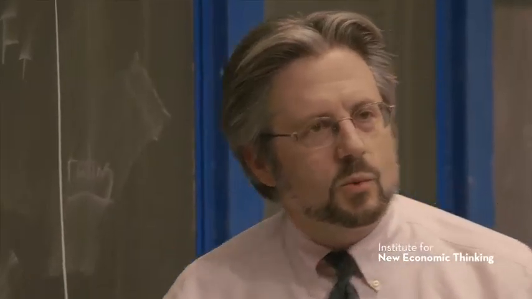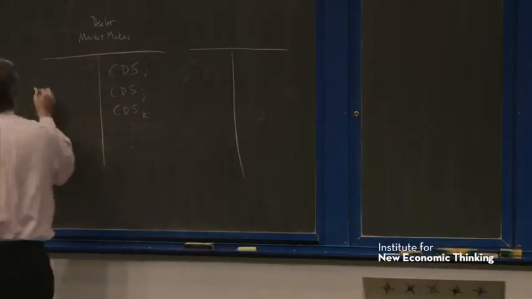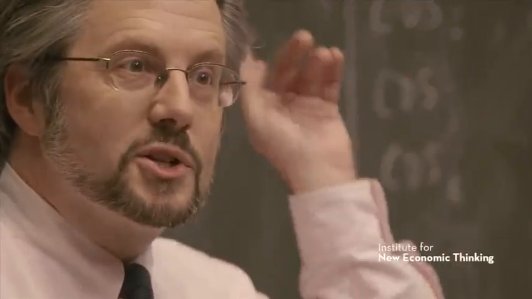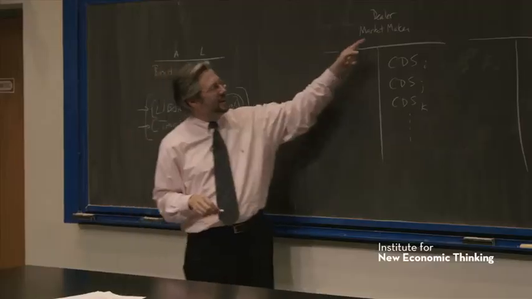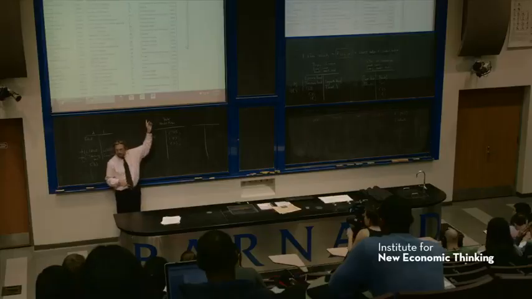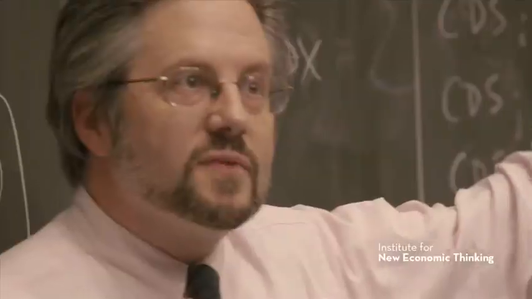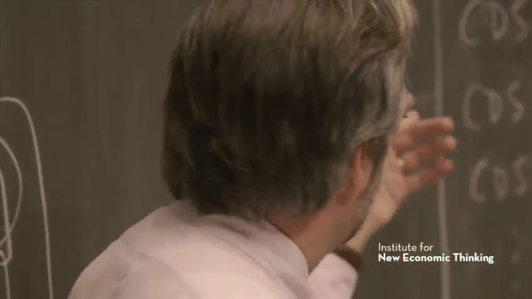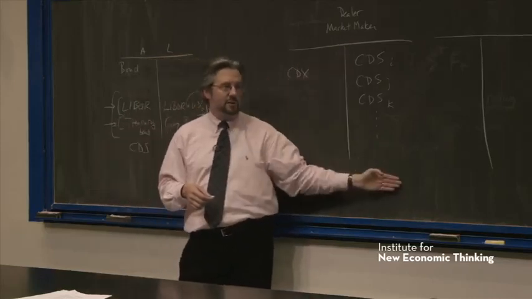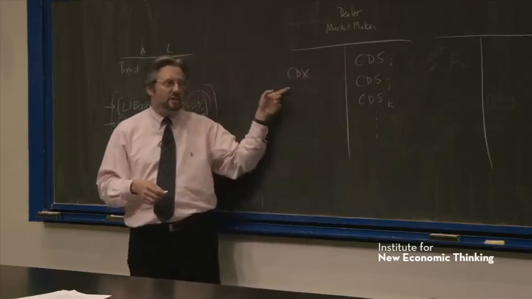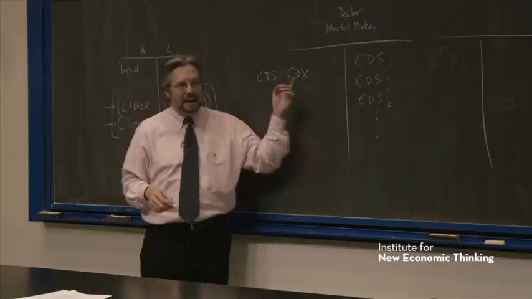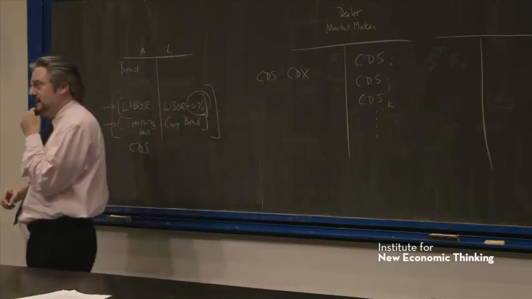Okay. This is why we have the CDX index that I was showing you at the beginning. Okay, that the dealer can hedge. This is 100 different bonds. Okay, so it's an index that's a diversified portfolio of bonds. Okay, and you might be able to use this because this will be correlated to this portfolio of bonds here. Use a position, a CDS in CDX that references CDX as the way to hedge that exposure.